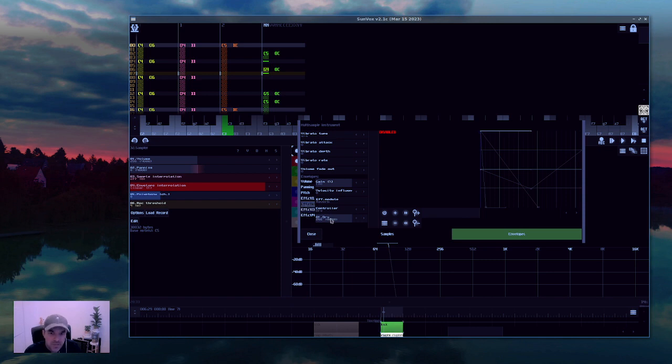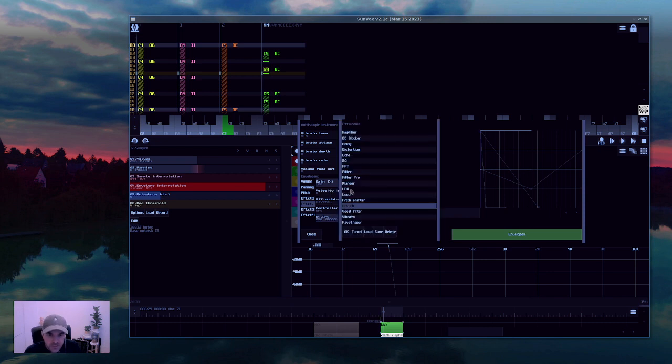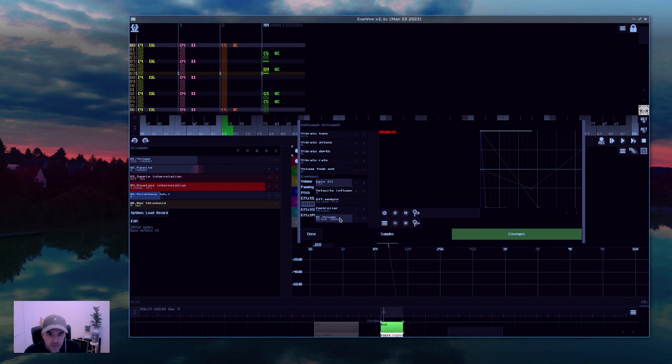I've also used this to set up a filter. Let's set up this filter here. For example, I have used this to control the frequency. Let's set this to high pass. The frequency using an envelope. And by doing so, what I could do here is I had some bass notes which were